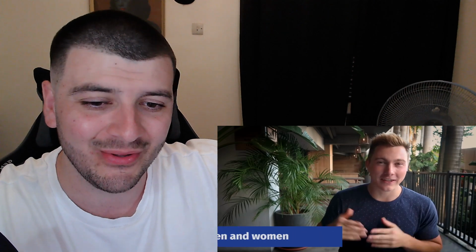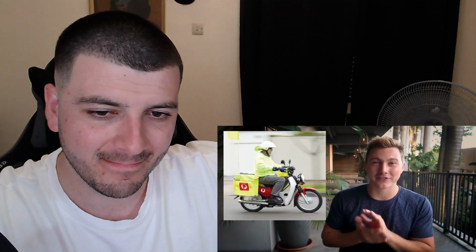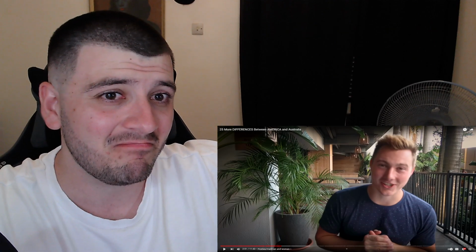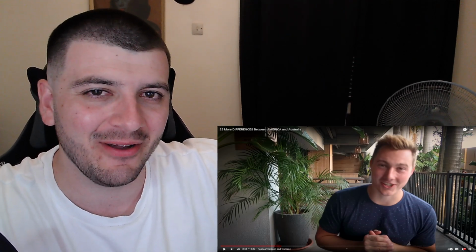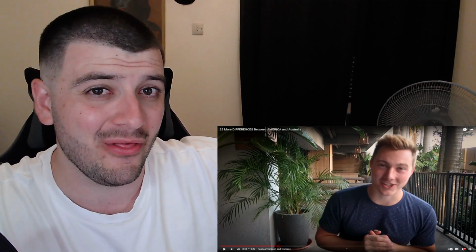Number 6 is Posties, or like our mail delivery men and women. Anyways, in America, they go around... That's what they call them. Posties, okay. They bring your mail in a little car vehicle that looks like this. Whereas in Australia, they go around on these little yellow motorcycles that look like that. Number 7 is... So, an upgrade in America, using a vehicle, car, truck sort of thing rather than a